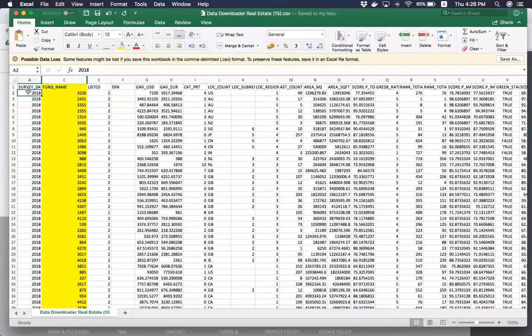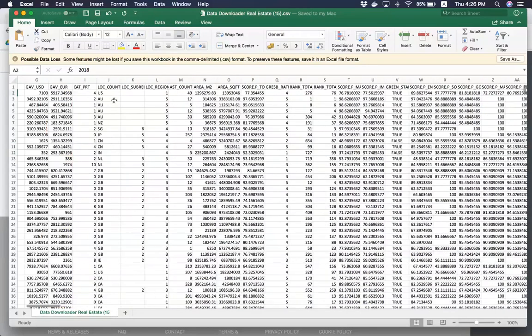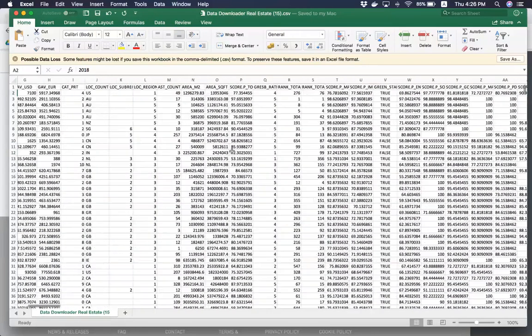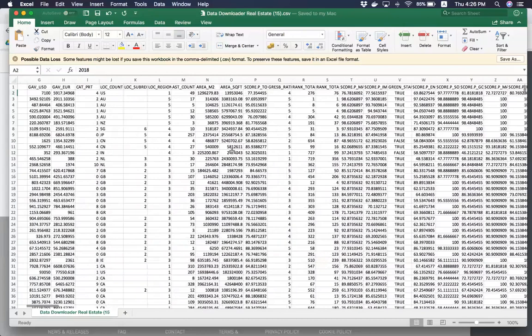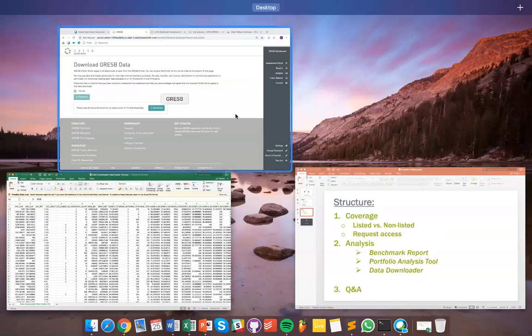Each row represents one company, and you've got all the metrics in all these columns. And to make the understanding of that Excel spreadsheet clearer, we've also used a guide. We've got one guide for real estate, but also one guide for infrastructure that defines and clarifies the meaning of each